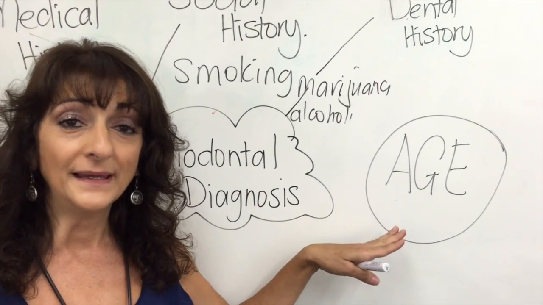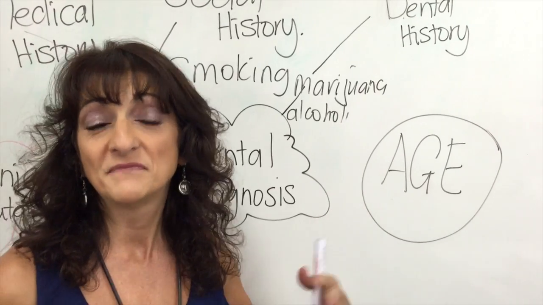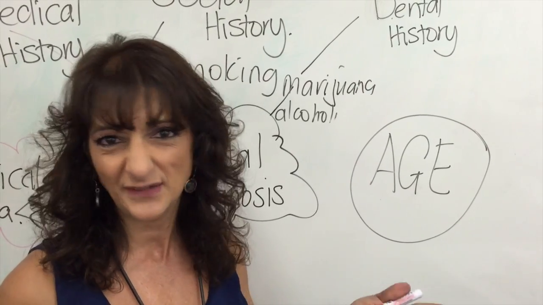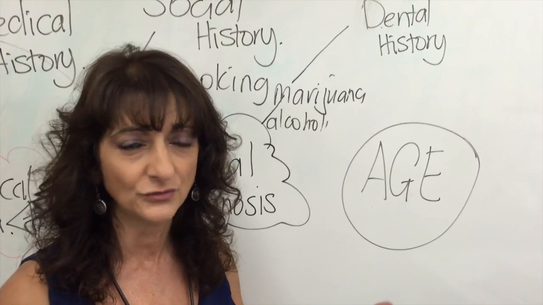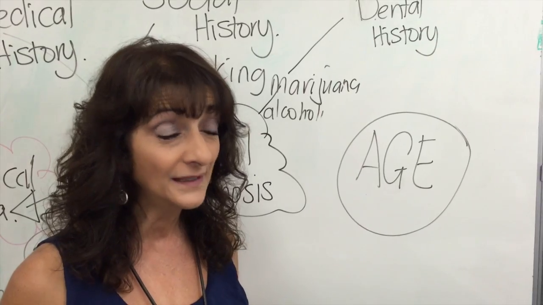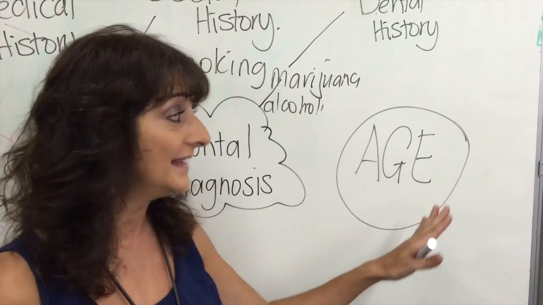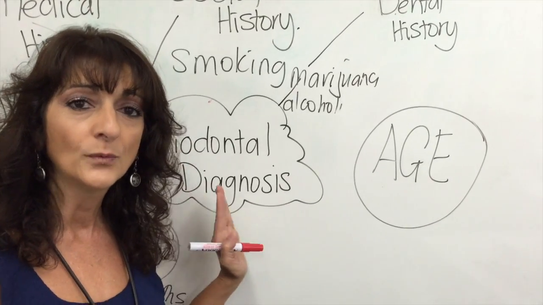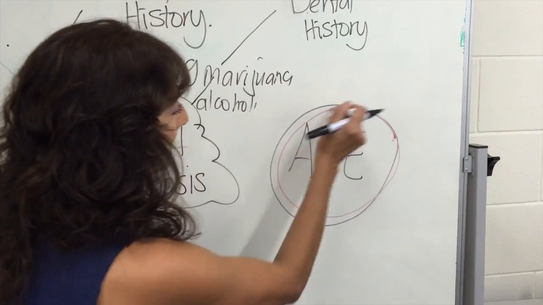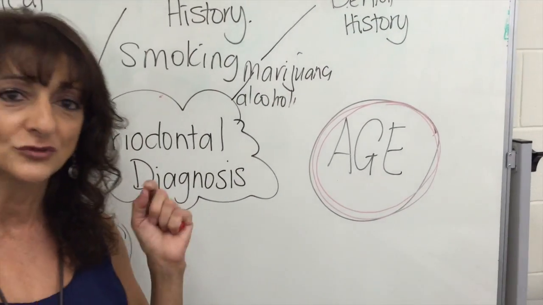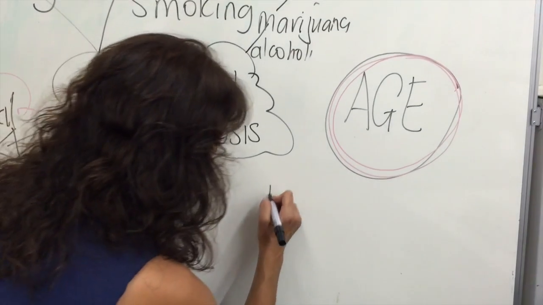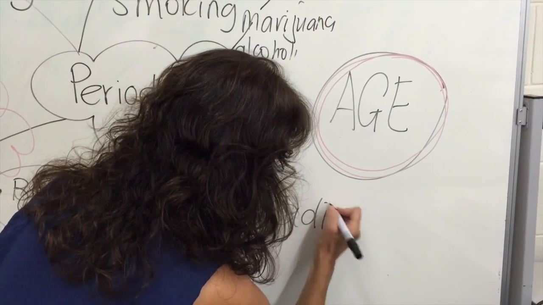Sometimes when we look at the age of a patient, if say we find a 4 to 5 millimetre pocket in a 70-year-old, we're not going to really think that's of much significance because that just could be age changes, physiological changes. But if we were to find a 4 to 5 millimetre pocket in a, say, 17-year-old, then that is quite significant. And that again will determine the type of classification we will give the patient. So never forget to always refer to the age of the patient in relation to the amount of destruction that's there. Now, the other thing that you must never ever forget when you're doing a periodontal diagnosis is